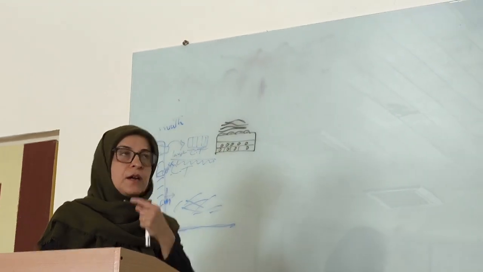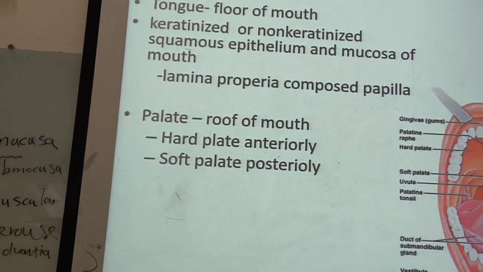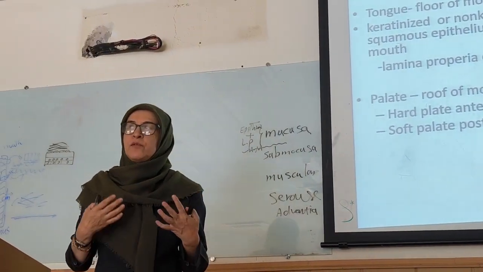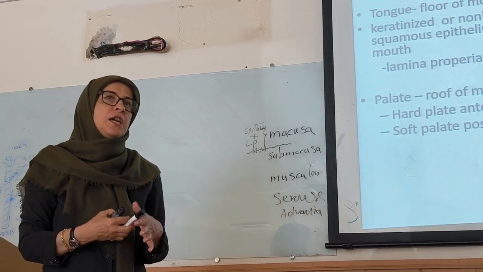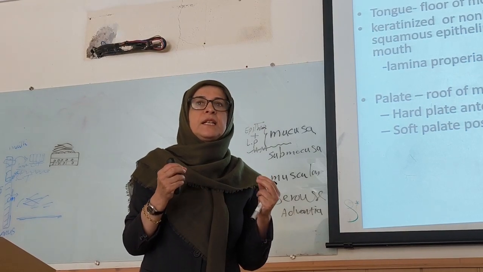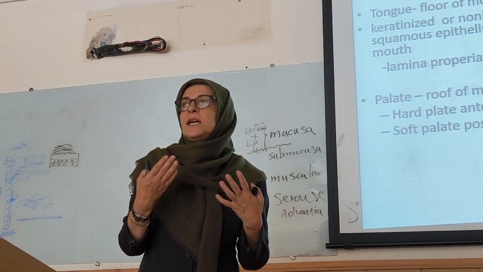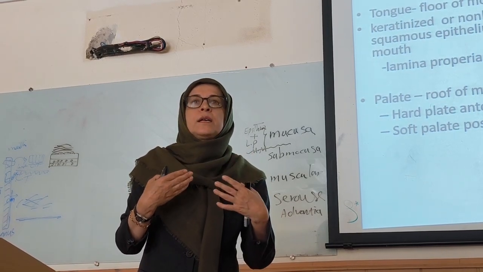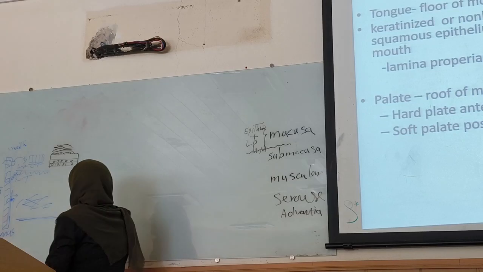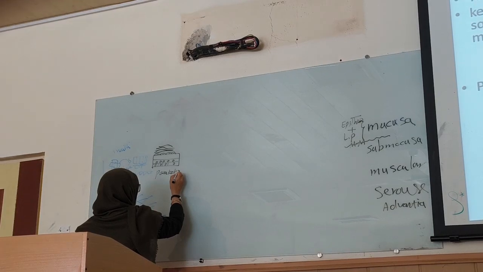Most of the oral cavity is lined by non-keratinized squamous epithelium, but some parts have contact with foods, because some foods that we eat are rigid, such as some vegetables that include fibers. A little they are rigid for our mouth. In this part, the epithelium is keratinized, which is also named in some books parakeratinized. Because I don't know, you memorize the